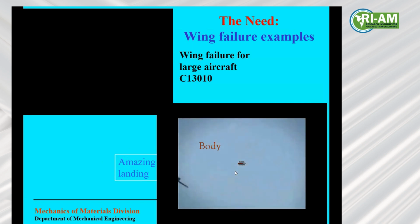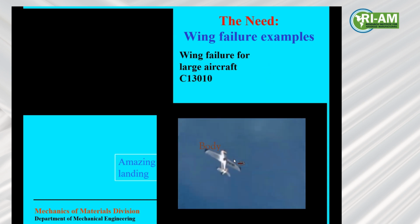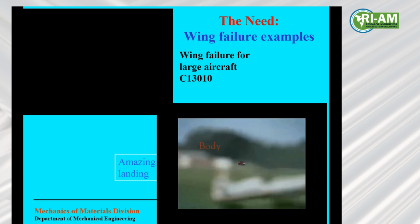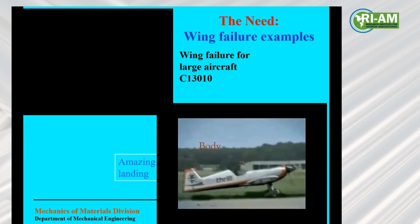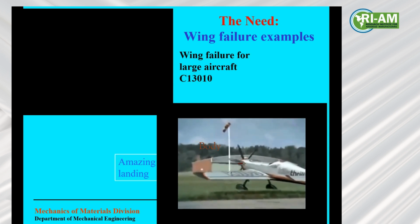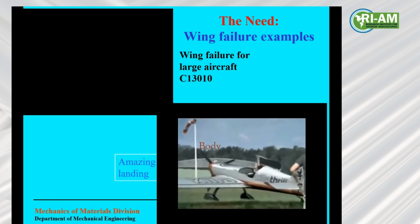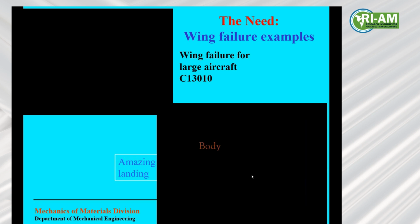And this is something exciting. If you look at this carefully, if you look at the wing of the aircraft, one wing off, okay, this one is very exciting, but it landed safely because this guy has very good skills and can